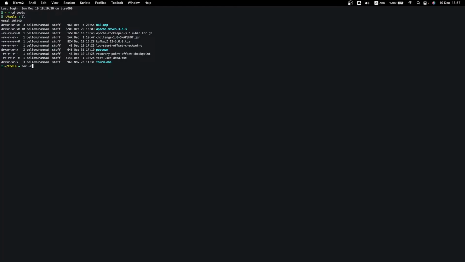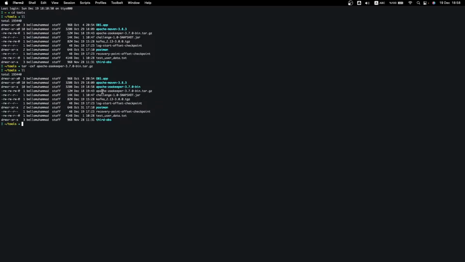After extracting Zookeeper, we are going to make a copy of the directory, or move it somewhere. So I extract Zookeeper, and you can see it is being extracted as Apache Kafka Zookeeper